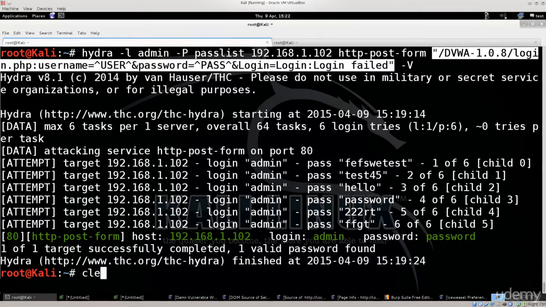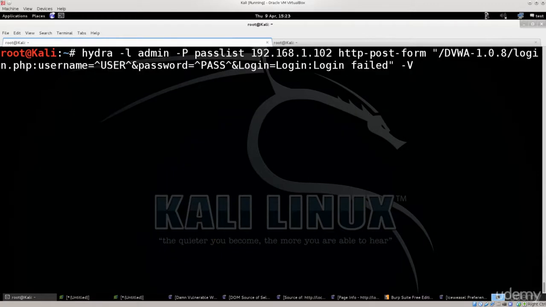Use the command line tool via terminal. It's always better to learn it this way, always better to use it this way, but I don't know. If you want to play around with the graphics as well, feel free to do so. I do encourage you to do both. Anyway, I urge you to experiment more with Hydra, try different parameters, try different places legally, and see how that works out for you, because